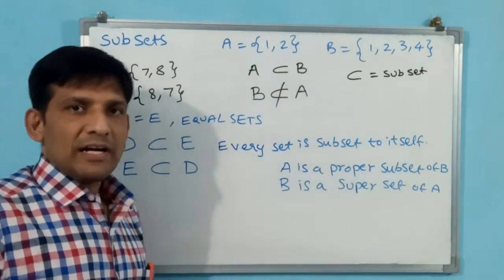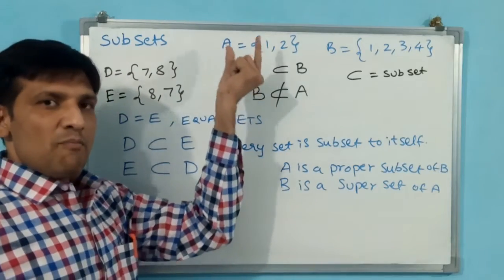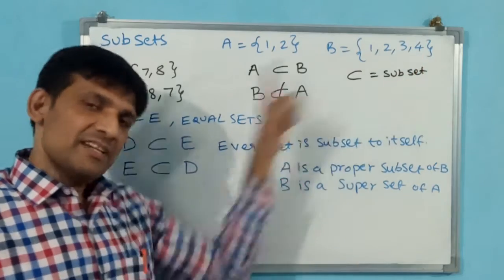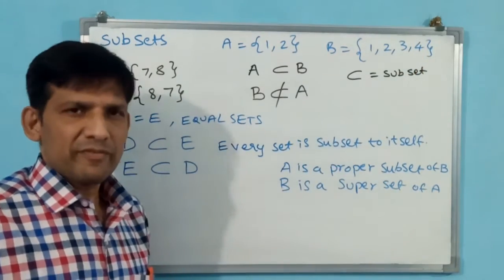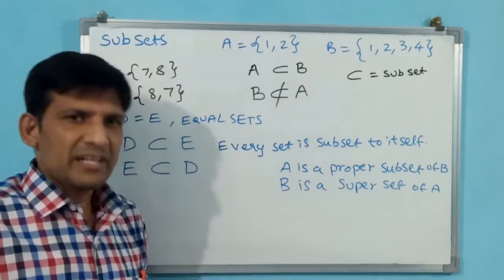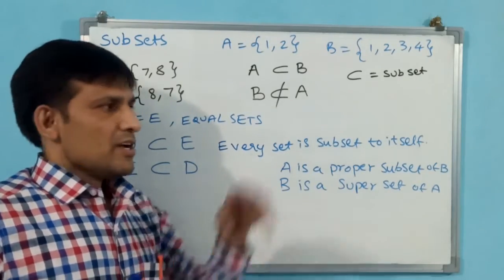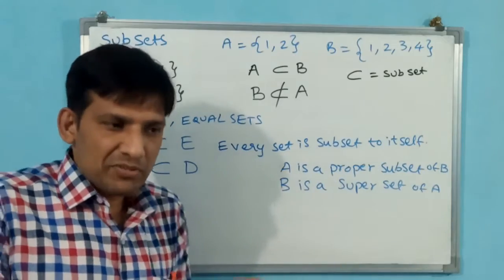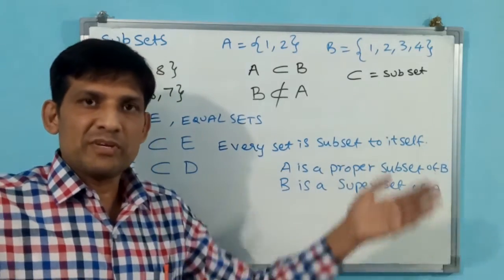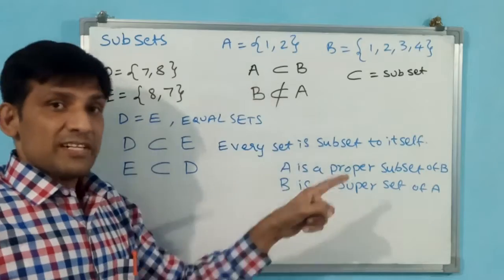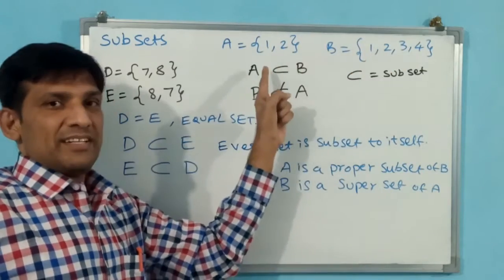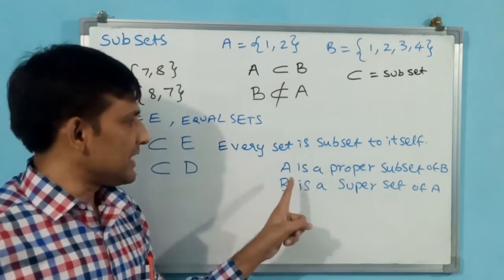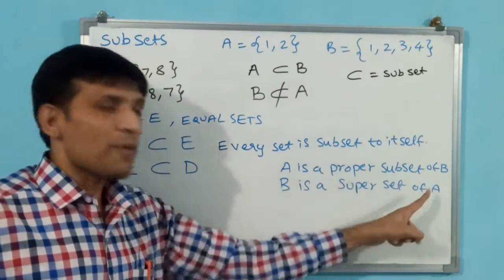Proper subset, why are we calling it that? Because if some more elements are available in B than in A, then it is called a proper subset. Why? Because when "sub" comes, sub means a little bit less. Sub office, substation, main station: substation means little, main station means bigger. Subset means set, subset. You understand? That is why, if that condition is available, it is called a proper subset.